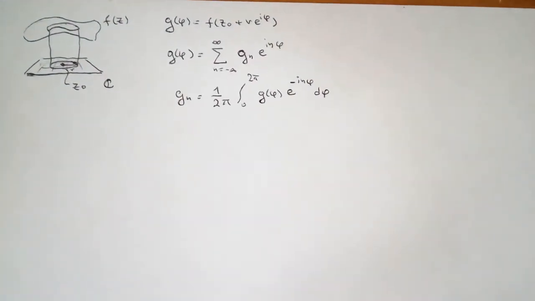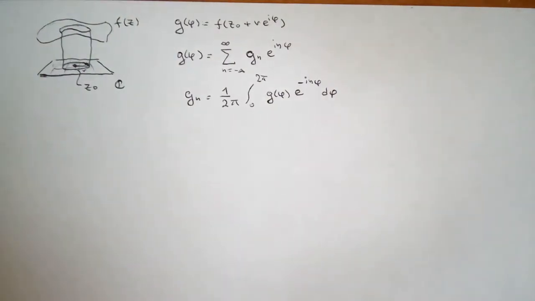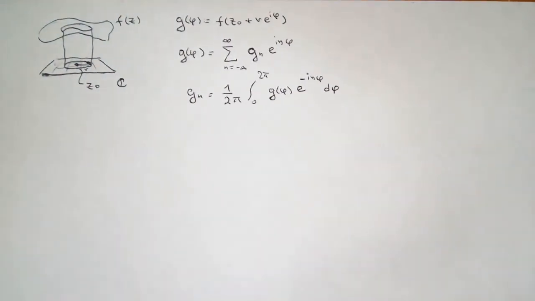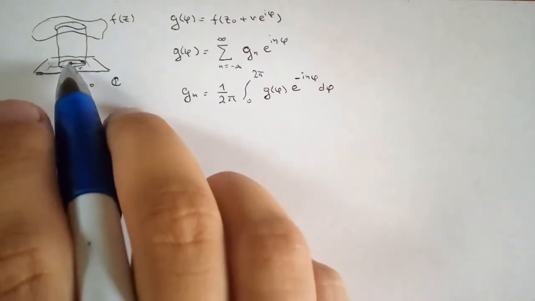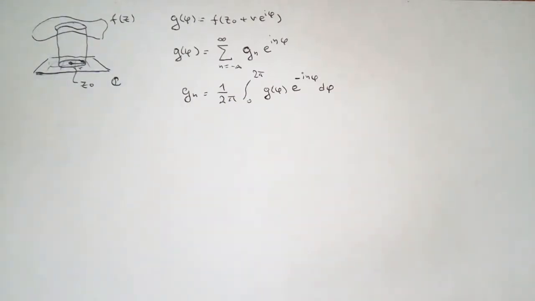Today I will show you how to derive some formulas including complex numbers and complex integrals. Here I have some complex function f(z) hovering above the complex plane C, and let us imagine there is some point z0, a complex number, and there is a real radius r, and there is a circle in this